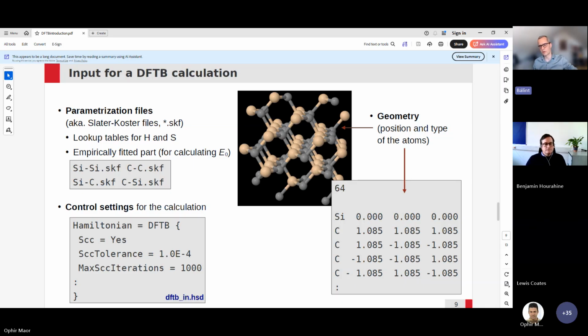So typically, if you have to calculate a silicon carbide system, then you need silicon-silicon, carbon-carbon, and silicon-carbon interactions, but they are stored split in two files in order to be symmetric, silicon-carbon and carbon-silicon. That's the second input. And the first component of the input is basically something which you won't have to modify much,